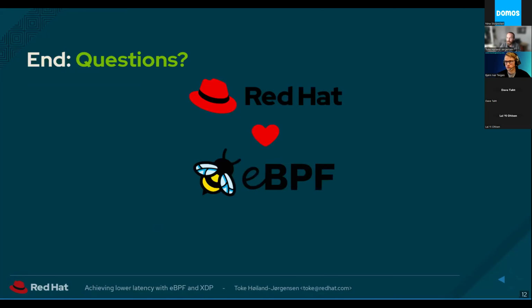And doing it in BPF allows you to go into this space, but still have all the kernel infrastructure like a routing table and neighbor resolution and all the annoying edge cases you can hook into the kernel, and then you can do your fast path in XDP and get the high performance, which is the selling point of this technology.